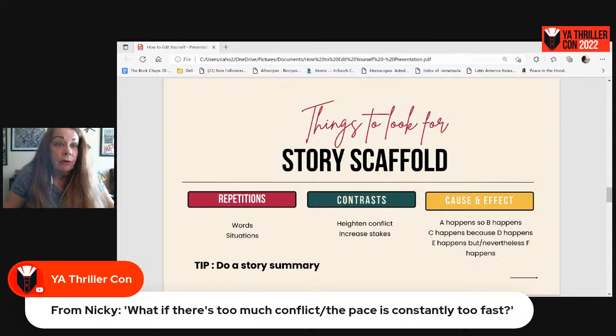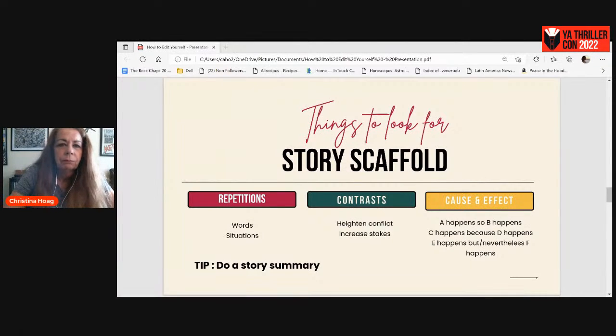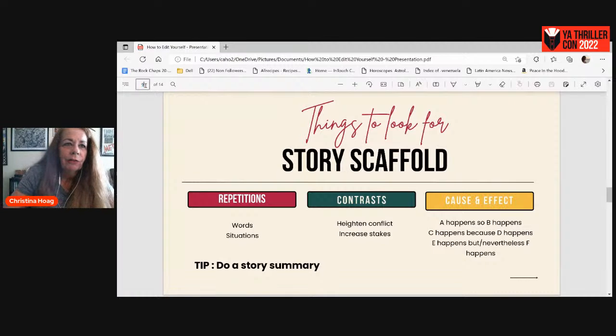Maybe just have the character reflecting on that conflict, instead of having things happening in too rapid succession. So that's another thing. You're going to look at that as well, in your pacing, because it can be kind of wearing if the conflict is too intensely driven,